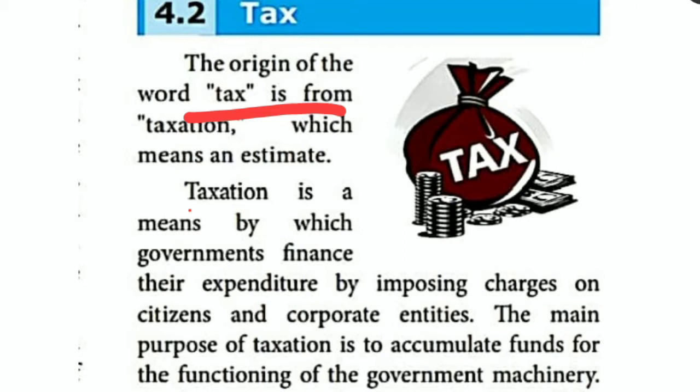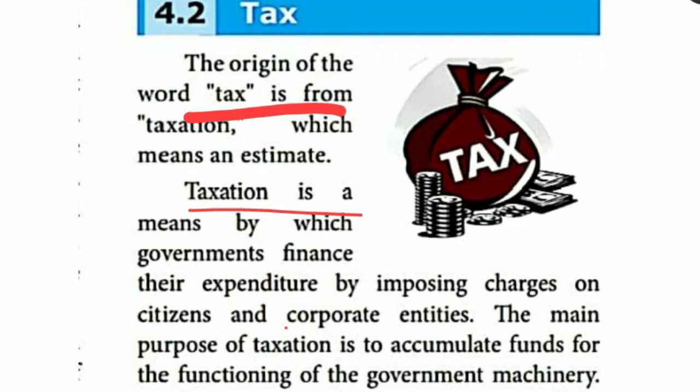The second line, second para, what is given is: taxation is a means by which government. What is given here in the meaning alone I am telling, children: the government is collecting the taxes from us. It needs to fulfill its expenditure. What is meant by expenditure? Chelavu. That's the meaning. The government has to fulfill its expenditure, so that's why they are collecting the taxes from us.